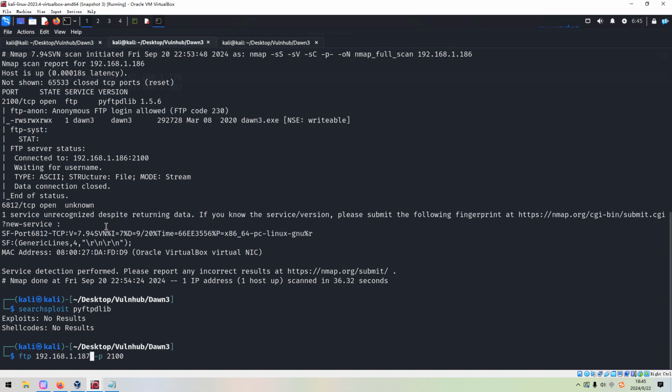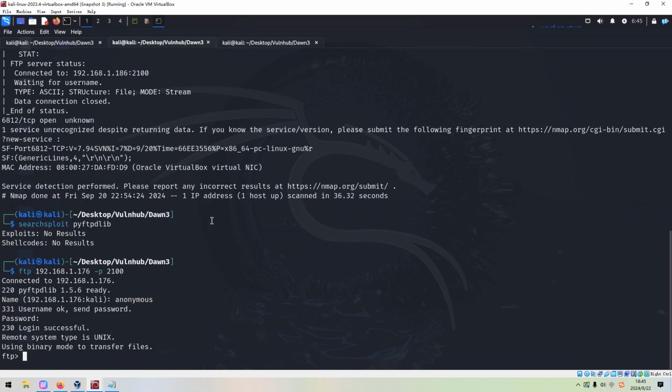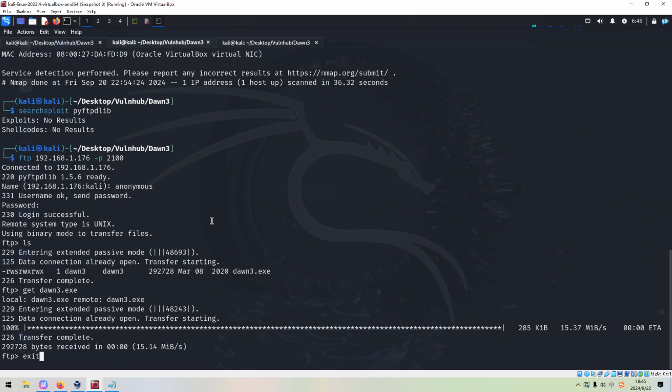And the IP address of the target, press enter, and anonymous as username and no password. And we have one file, and this file is an executable of Windows. So first of all, we need to download this file to the Kali Linux, and then we can exit.